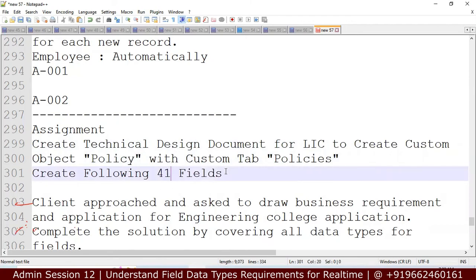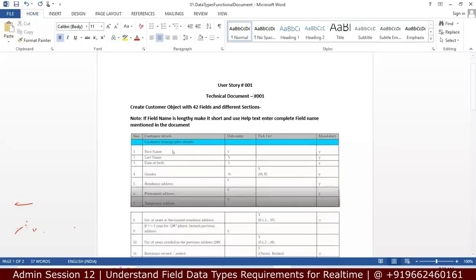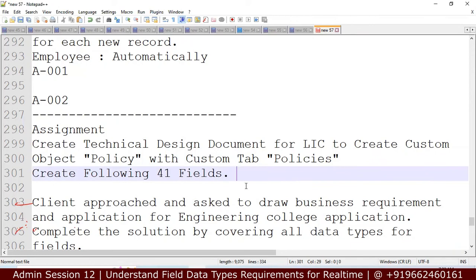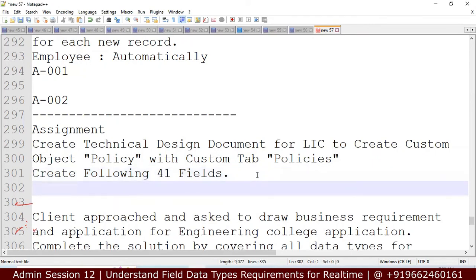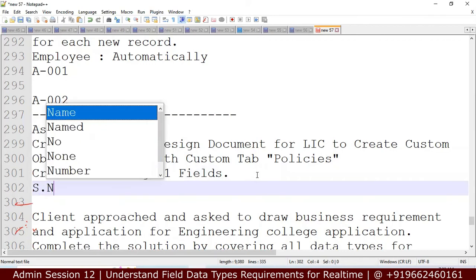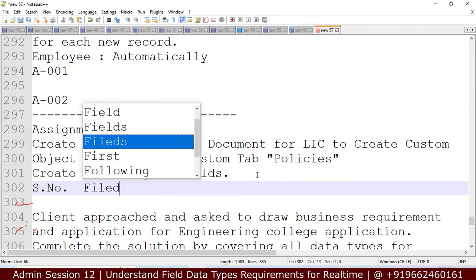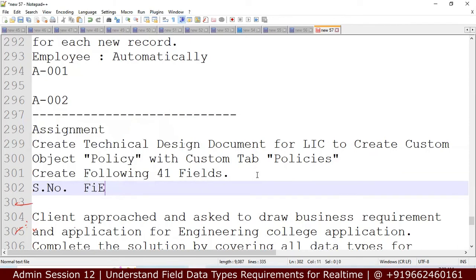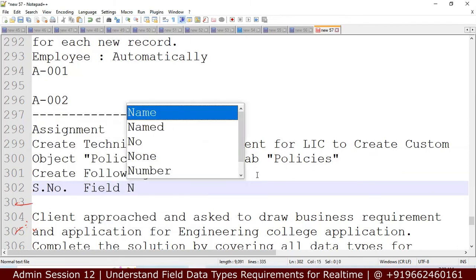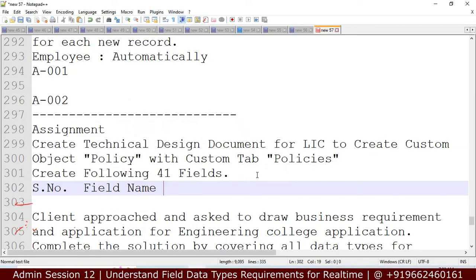I will send that document to you. By seeing this document, I have mentioned at the end, the document should contain serial number, field name, data